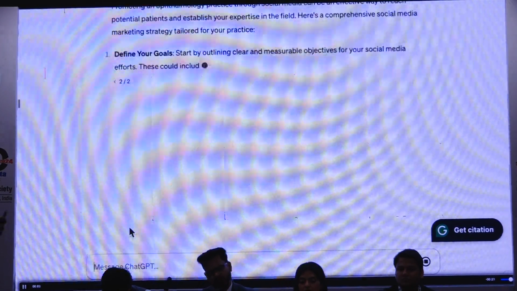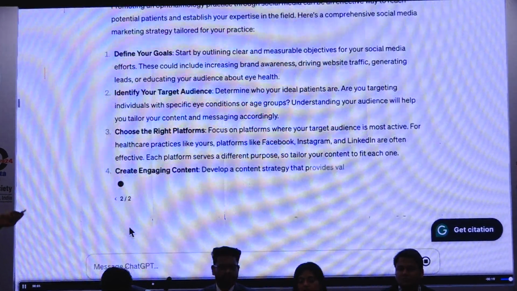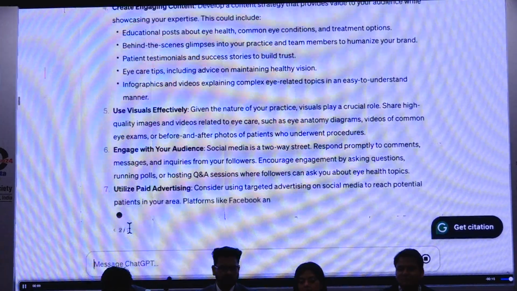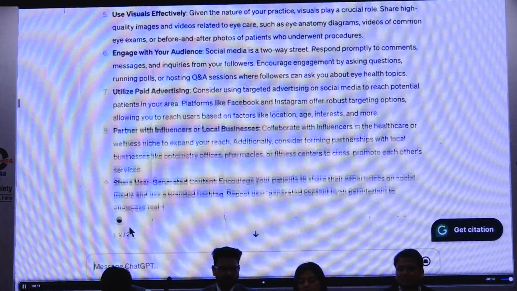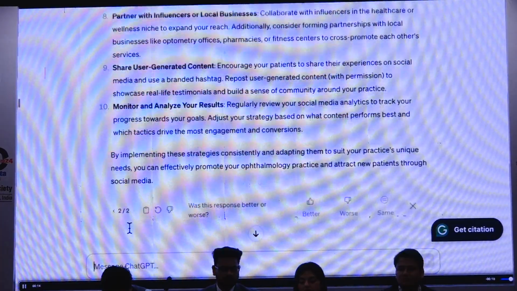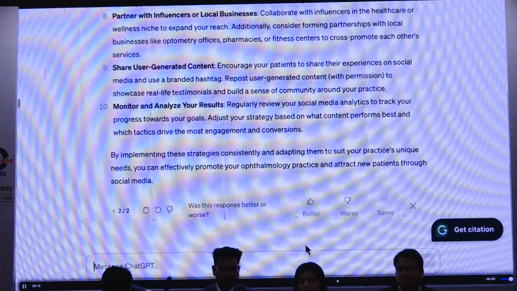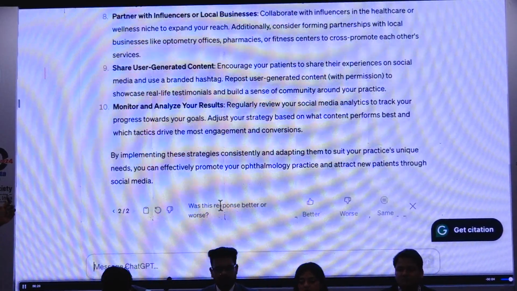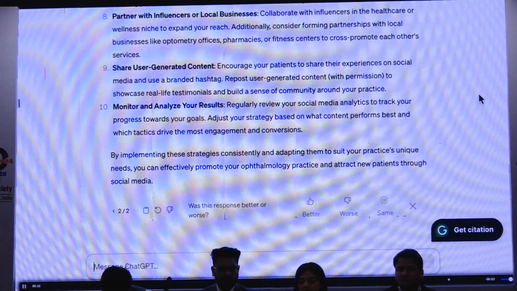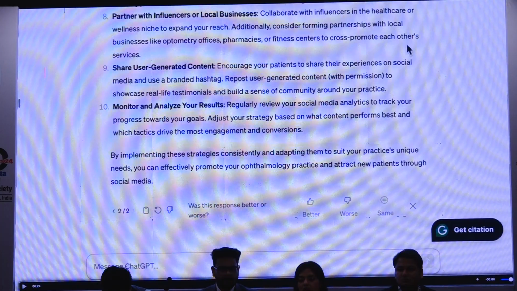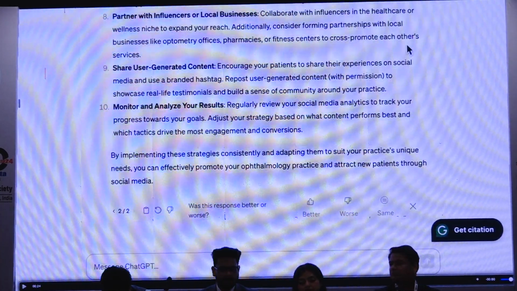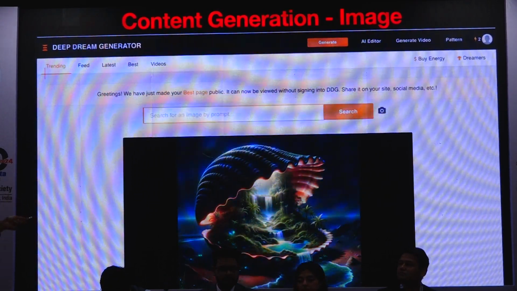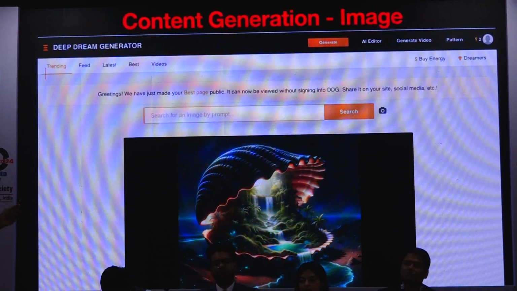Defining your goals, identifying your target audience, choosing the right platform. Of course, you can use it, but you always need to study for social media marketing what your locality or your region wants, what your region demands, and make it more customized. This is like a textbook. Just take it with a pinch of salt and then customize it using human intelligence, called human in the loop machine learning and not generative AI. But again, I just wanted to show you the flip side of what generative AI is doing.